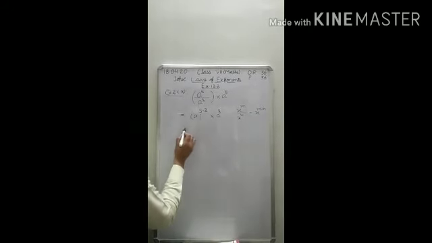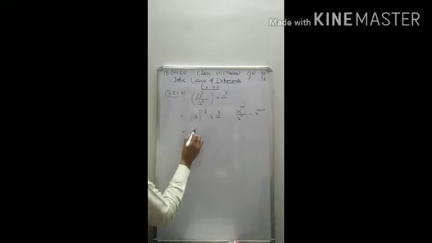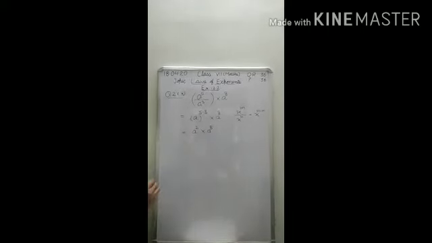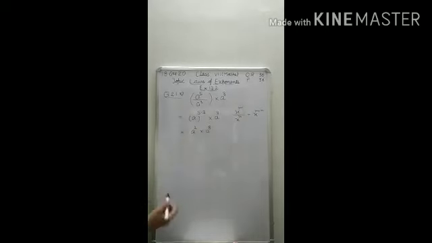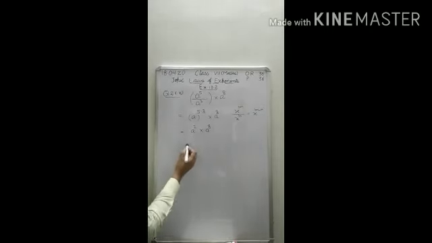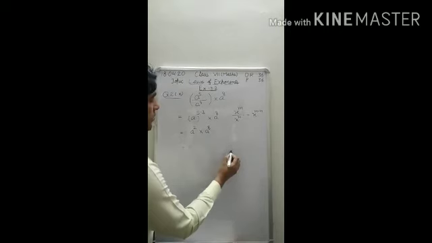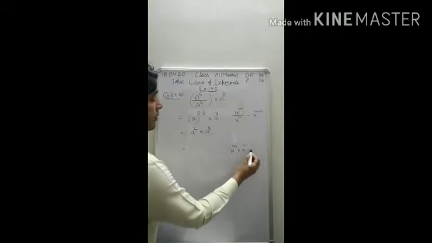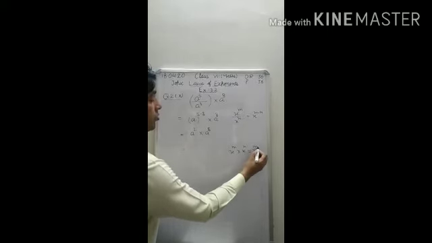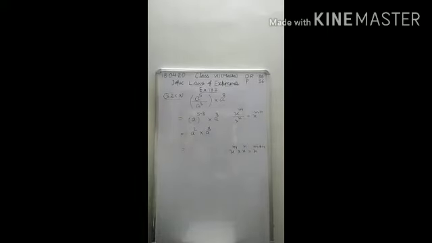Now when you solve it further, you will get a raised to the power 2 into a raised to the power 8. Then again we get an identity or law. Which law is this? Here the bases are the same but the powers are different, and there is a multiplication symbol between these two. So which identity will you use? You will have to use x raised to the power m into x raised to the power n is equal to x raised to the power m plus n.